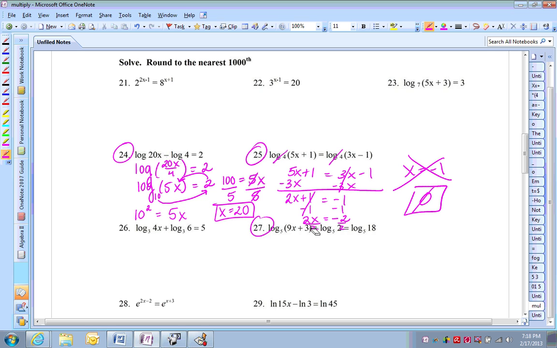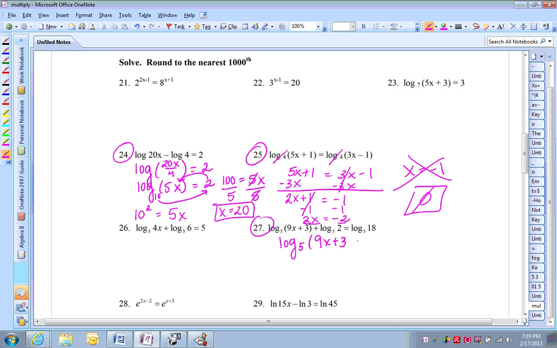Okay, now on problem 27, we have log base 5 of 9x plus 3 plus log base 5 of 2, and it's equal to log base 5 of 18. Now, some of you automatically wanted to scratch these log base 5s out, but you cannot do that quite yet. You need to go ahead and combine and simplify this side first. So because we're adding two logarithms with the same base, we multiply the larger numbers. So this is log base 5 of